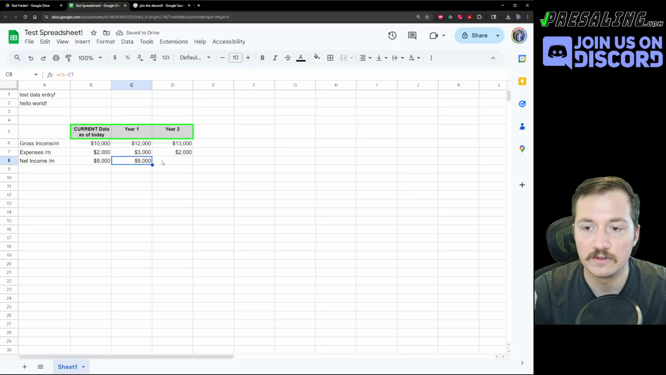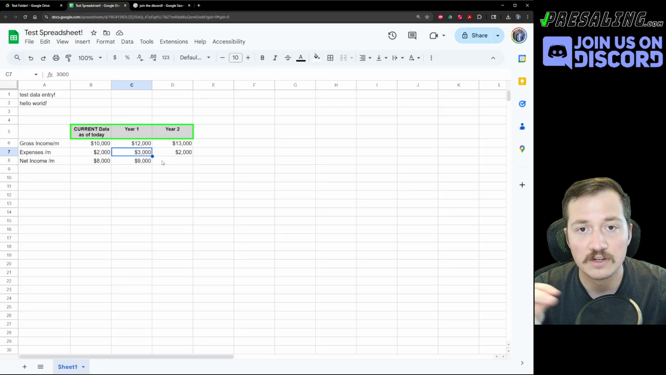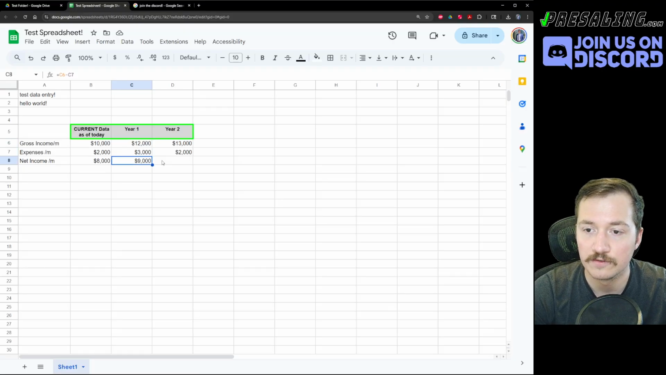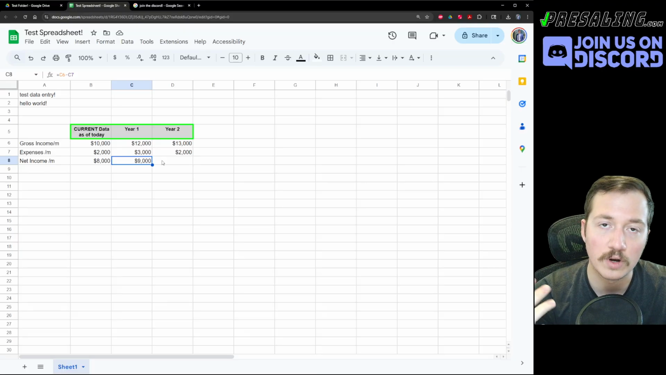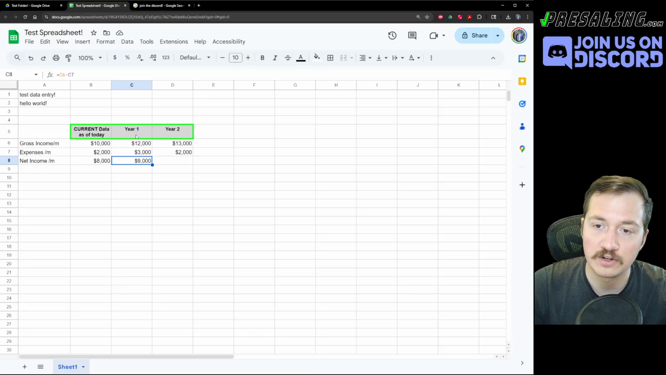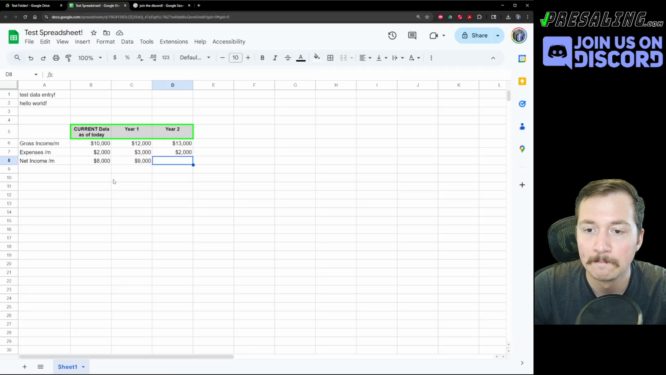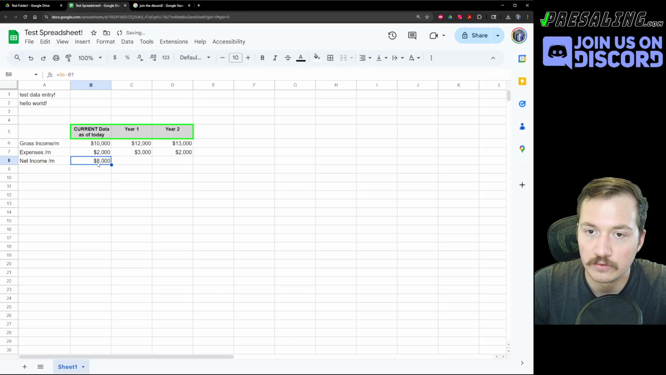So that's the difference of using a static, which means it's not changing, a static number like 3,000 or 12,000 here, versus a formula which responds to whatever the inputs are. So it's always going to follow whatever's in cell C6 minus whatever's in cell C7. That's how formulas work. So now that I've established a formula for, let's just call it this one right here,